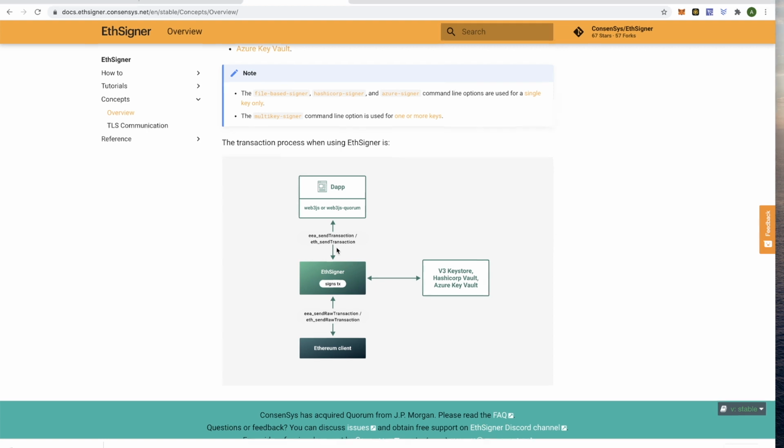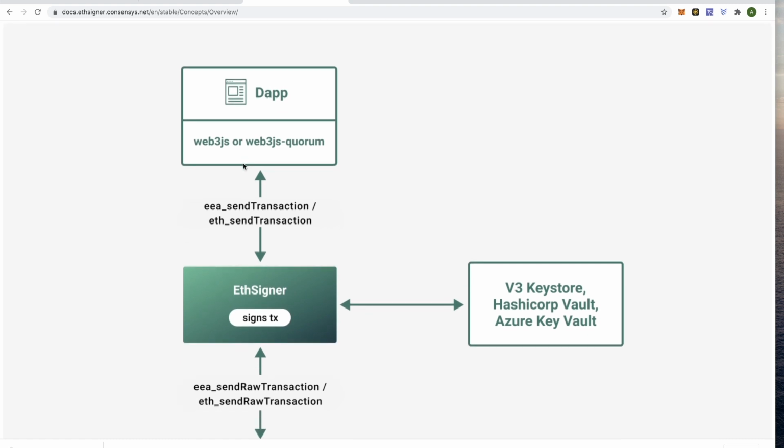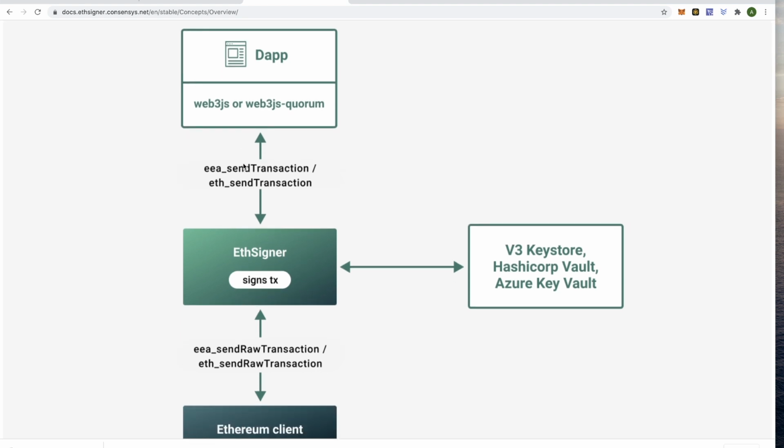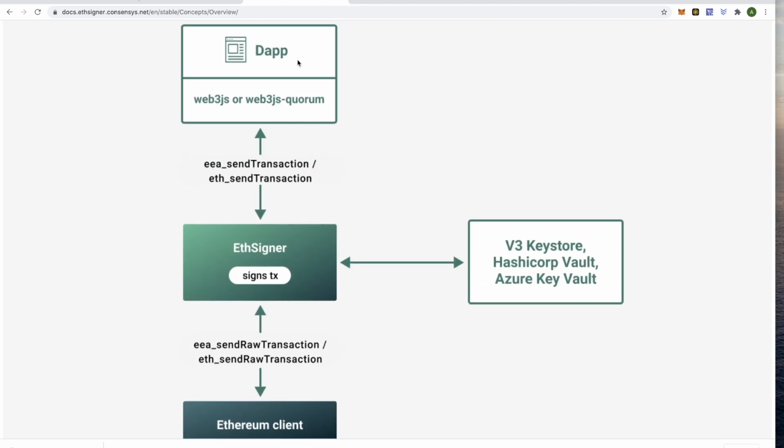Taking a closer look at this, we have the decentralized applications. You can use Web3.js, Web3j, whatever to build that application. It's going to essentially need to talk to an Ethereum client to send and execute transactions. Now on an enterprise level, you don't want to mishandle your private keys in that process. Therefore, you're going to want to use something like HashiCorp Vault or Azure Key Vault to manage those private keys that are responsible for signing the transactions that the decentralized application is trying to send to the Ethereum